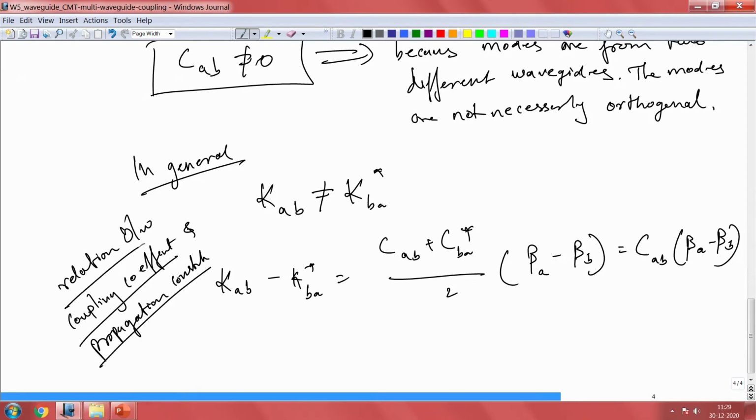This is a very important relation that you should keep in mind, that beta A and beta B